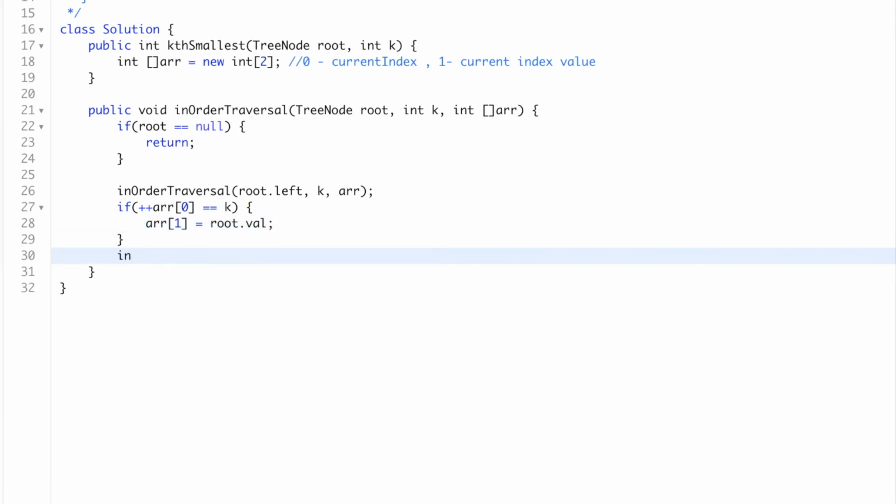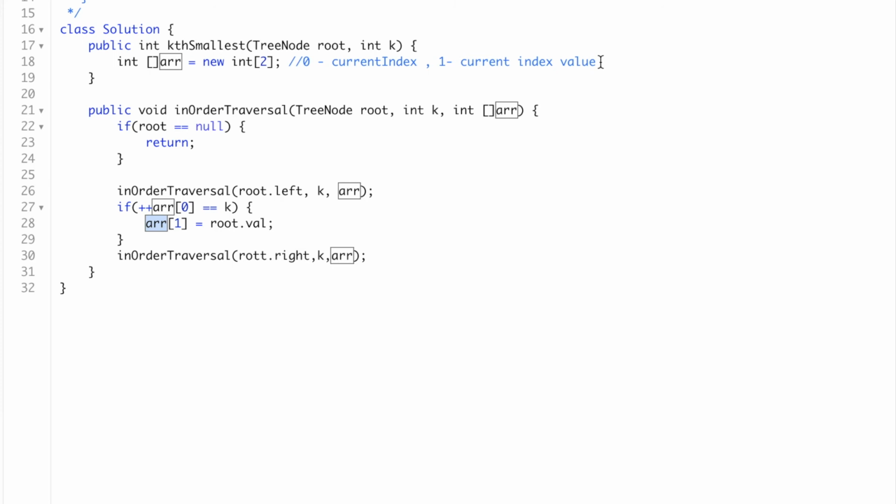Otherwise, we'll do the in order traversal again to the right subtree, passing k and the array. Once this code executes, we'll be done with the in order traversal, and whenever we encounter the kth element, we'll store it on the first index.